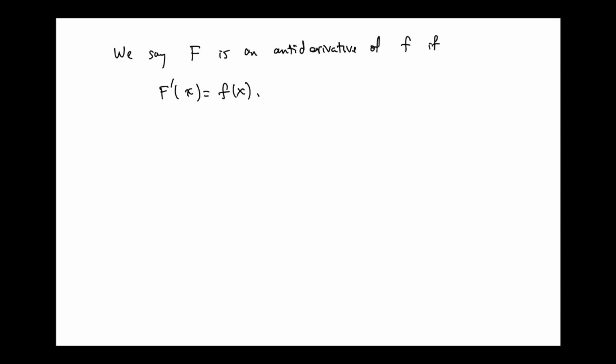X squared plus 4, or plus any other constant, because the derivative of the constant is 0, so we don't have to worry about it. This is why I use the word "an" antiderivative there, because, as we discussed, there could be more than one answer. Now, are x squared and x squared plus 4 really all that different? What's a plus 4 amongst friends? It's just a constant. So anyway, I claim